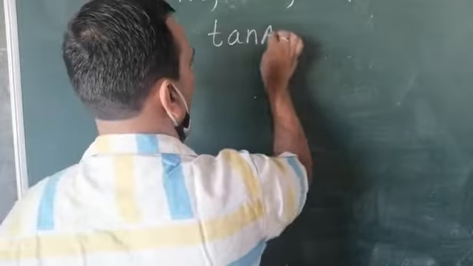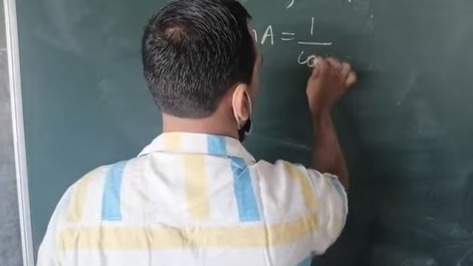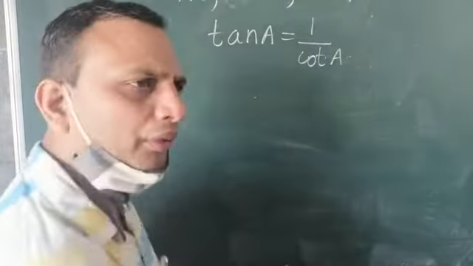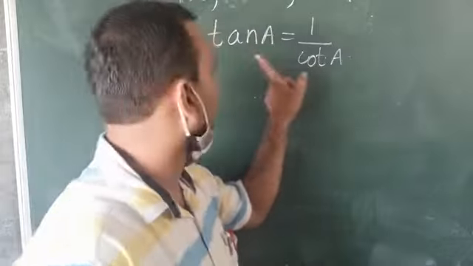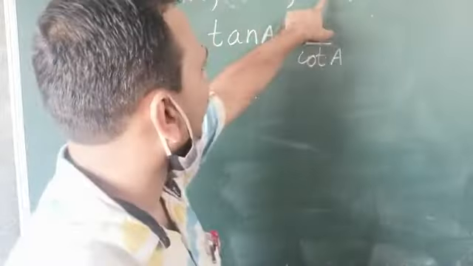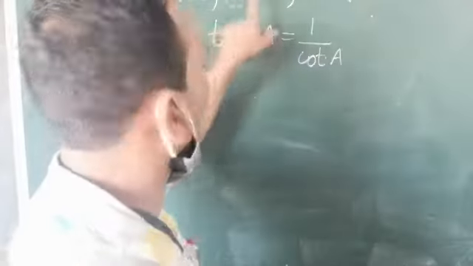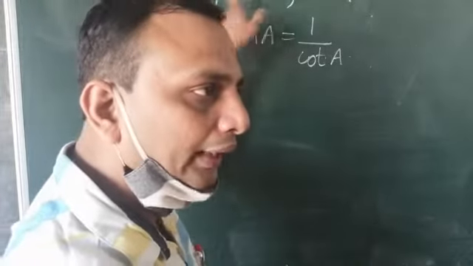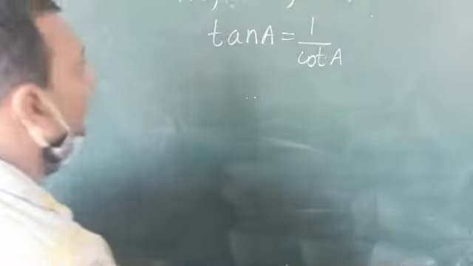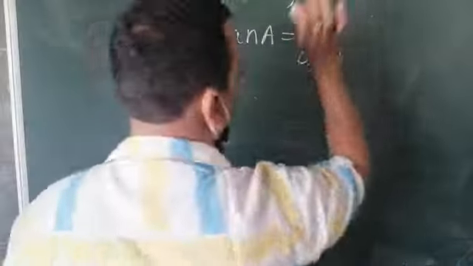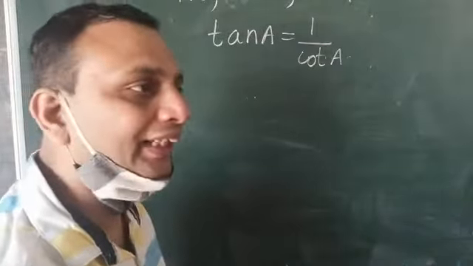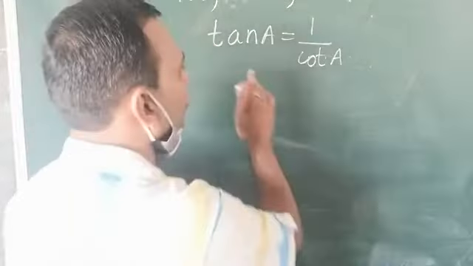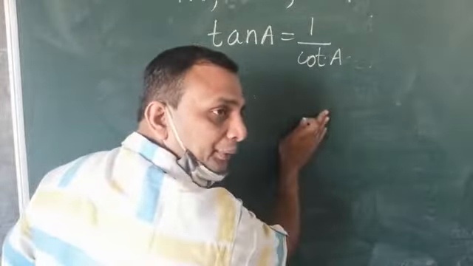Understood? So tan a is having one formula. Tan a equal to what? 1 upon cot a. This formula I think you remember. Did you remember? Yes. Tan is the reciprocal of cot a. So this tan a we convert in the form of cot a. Now we have to convert which two trigonometric ratios? Sin and sec. Now how to convert sin a into the form of cot a? Means when we write the value for sin a, the cot a should come.